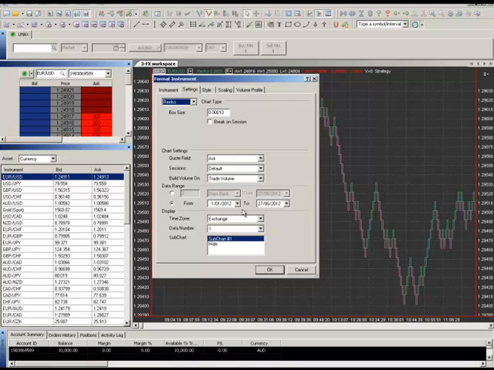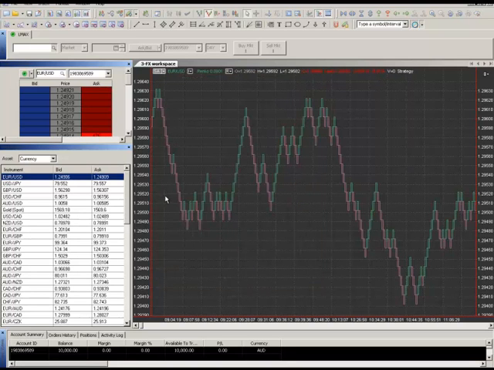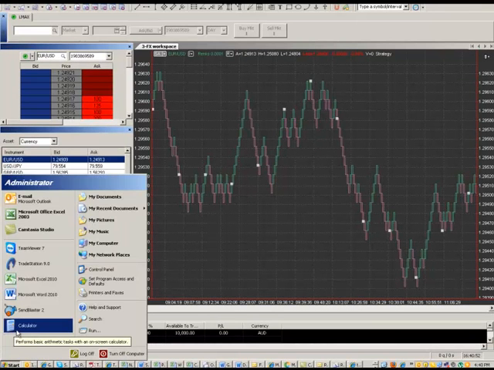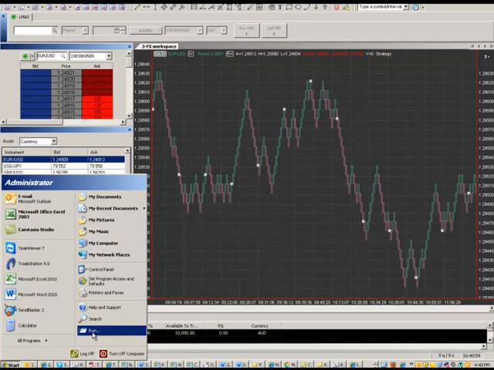Now, when I initially set this up to go back to the 1st, my Renko bricks stopped at around about the 17th of April. So I'm going to show you how to load up the full 6 months worth of data, because I've already loaded those up, I've got mine back to the 1st of January. All you need to do, and I'll run you through this process, is go to your Start function on your Windows platform,